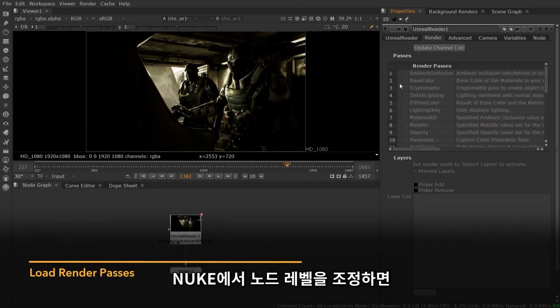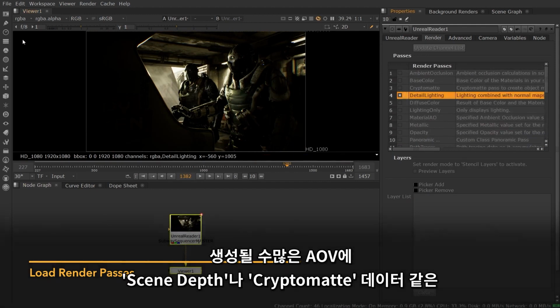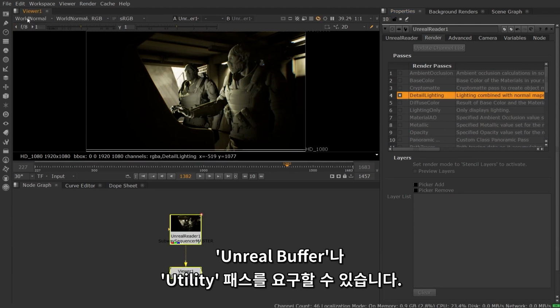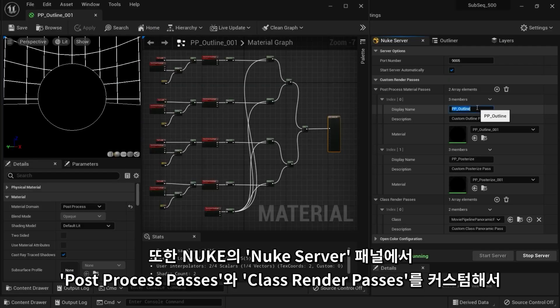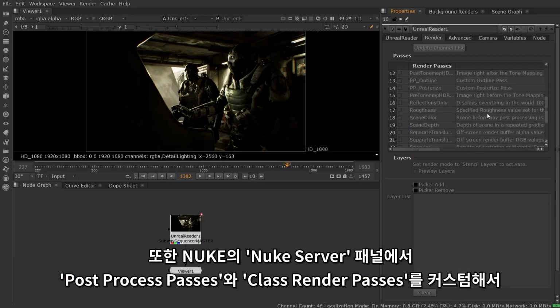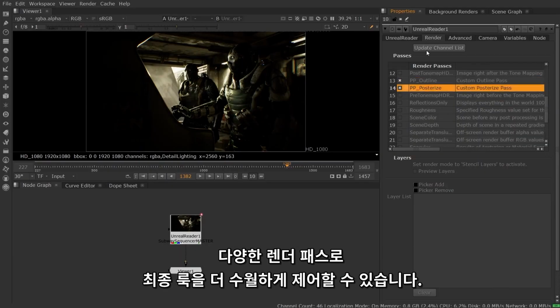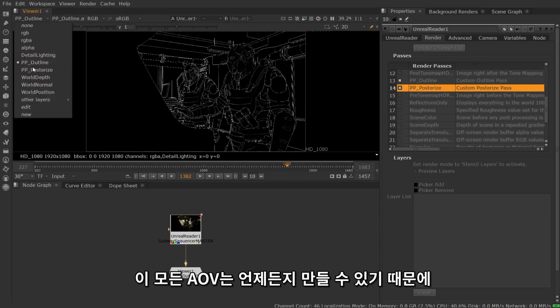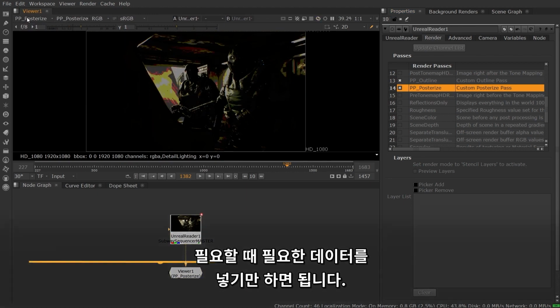Using the node level controls in Nuke, you can request a number of AOVs to be generated, including Unreal's buffer passes and utility passes like scene depth and cryptomat data. You can also add custom Unreal post-process and class render passes in the Nuke server panel for use in Nuke, providing artists with an expanded set of render passes for greater control over their final look. All of these AOVs are generated on demand, so you only need to pull in the data that you need